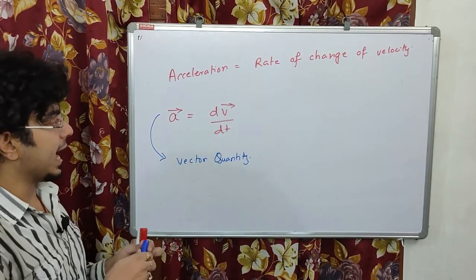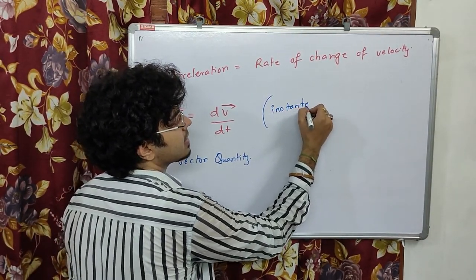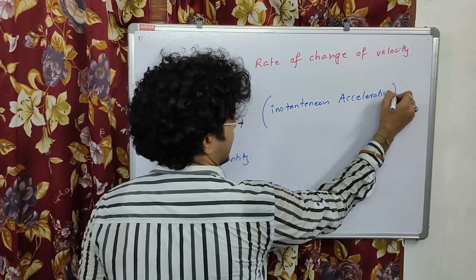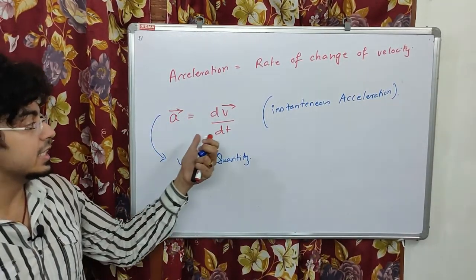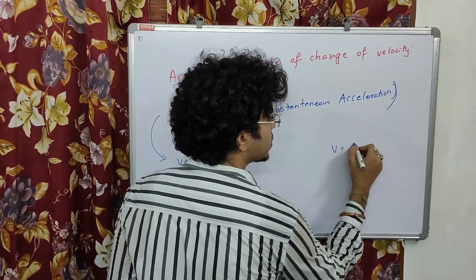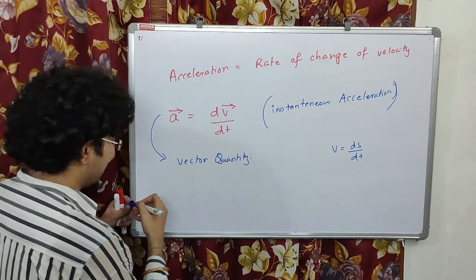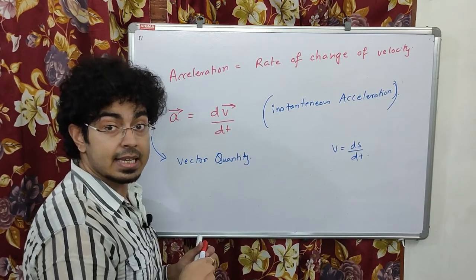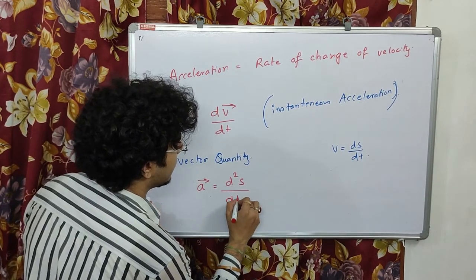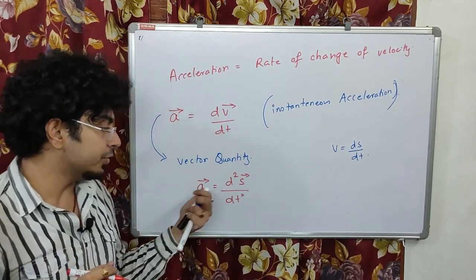So we can call this instantaneous acceleration. See, acceleration itself is a concept of an instant, right? So acceleration can be written as dv by dt. Now we know v is equal to ds by dt. If I put the value of v over here, I can say acceleration can be written as d2s by dt square. Now d2s by dt square means here I am double differentiating